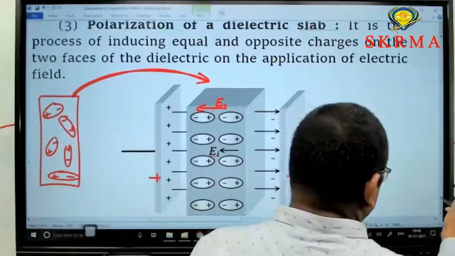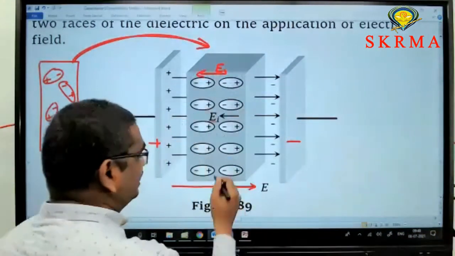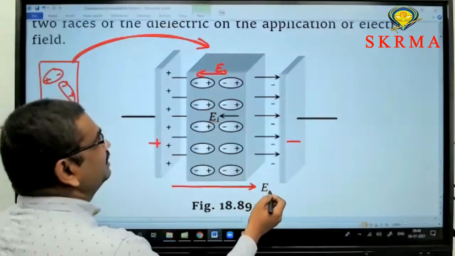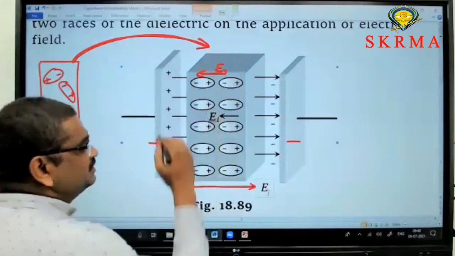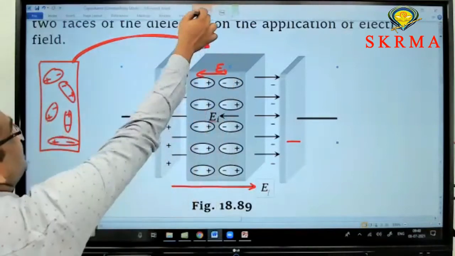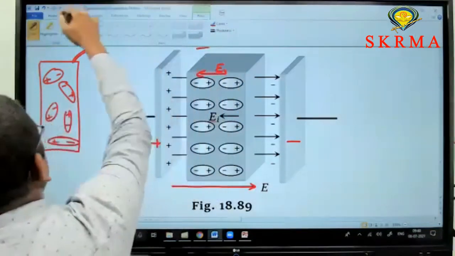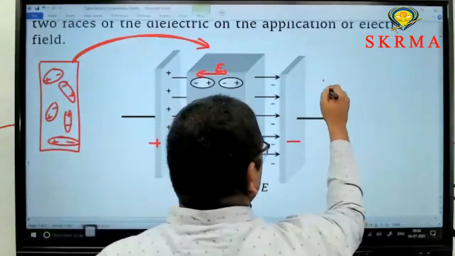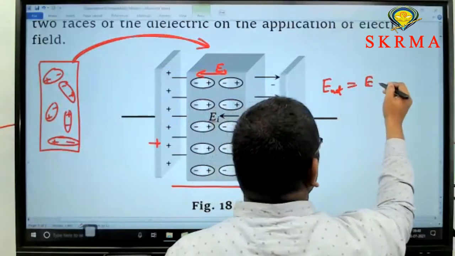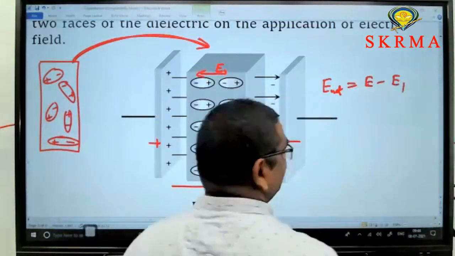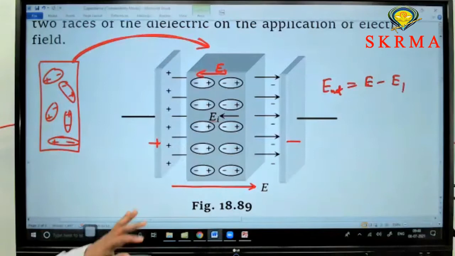So assume that the electric field outside this dielectric is E, and the electric field due to these dipoles is, let it be, E1. What is the net electric field? The net electric field can be written as E net equal to the difference between these two: the external field minus the electric field within the dielectric. That is the net electric field. Next one,